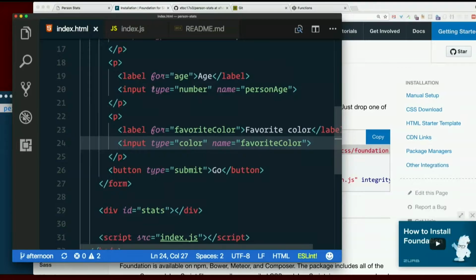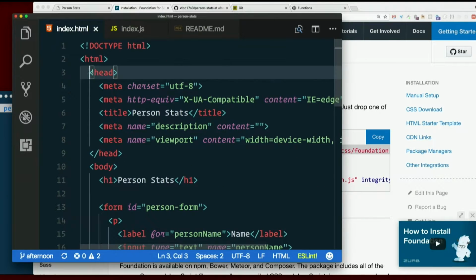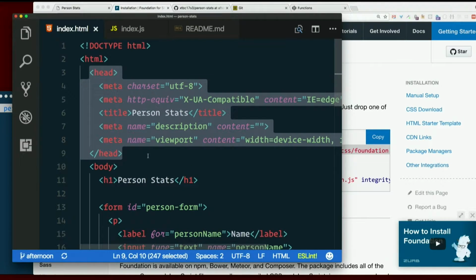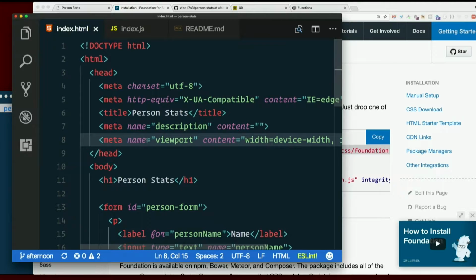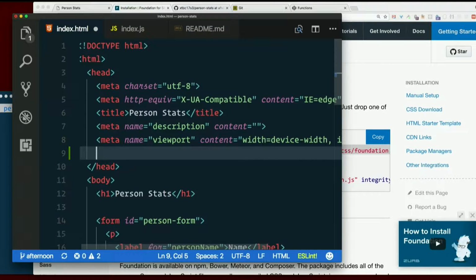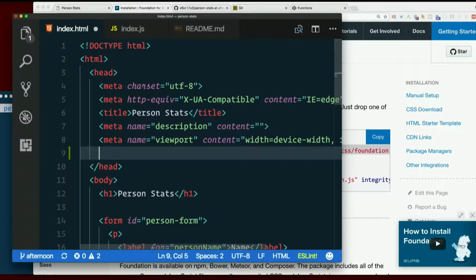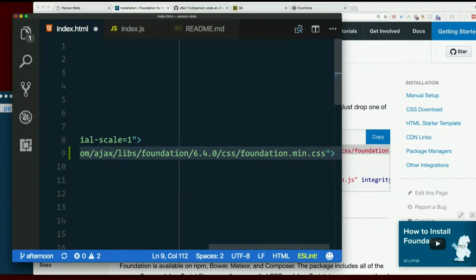So in our HTML, in the head, that's where we link to a style sheet. So I'll make this the very last thing in the head of my document. That would be a link element. Like an input, it is empty. There is no closing tag. The href would be the URL where that style sheet lives. Notice